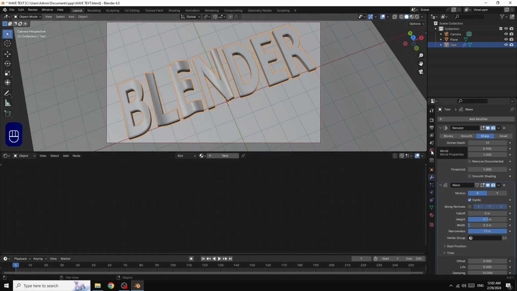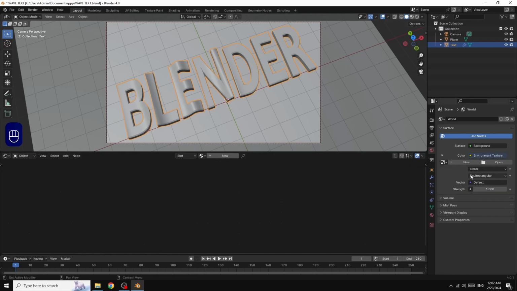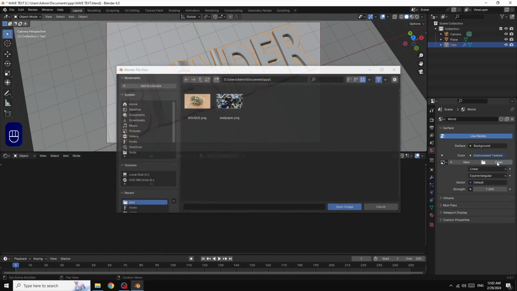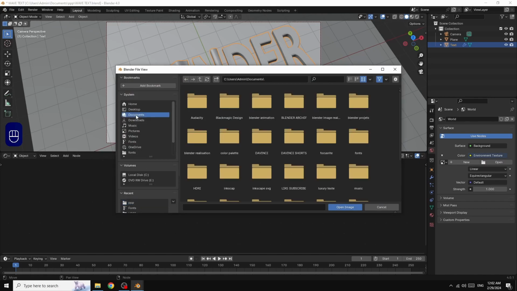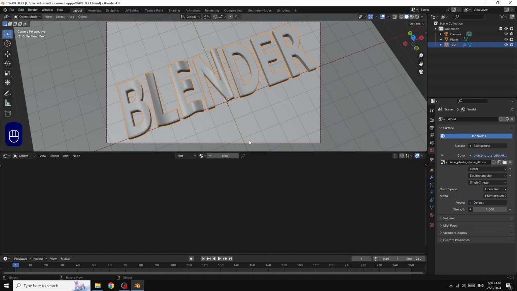Now go here in the world, in color, we select environment texture, and we open in your laptop or your computer, you select any HDRI.